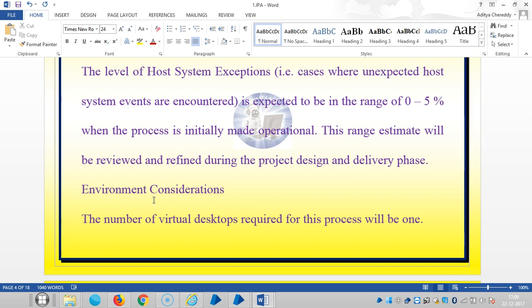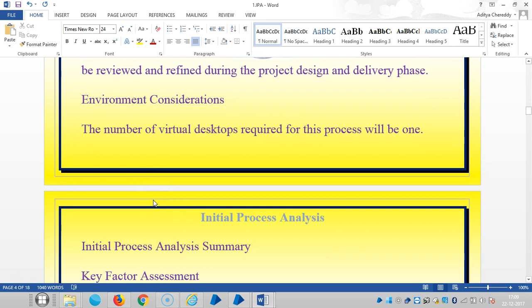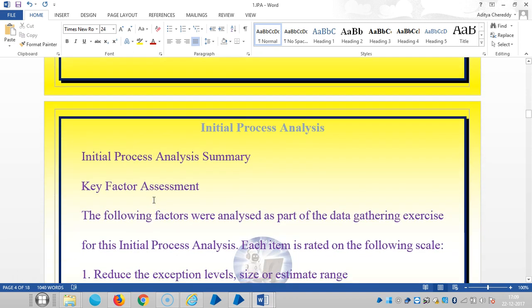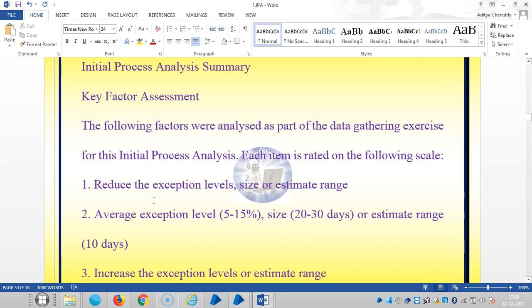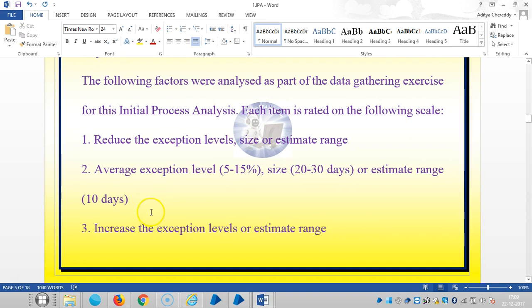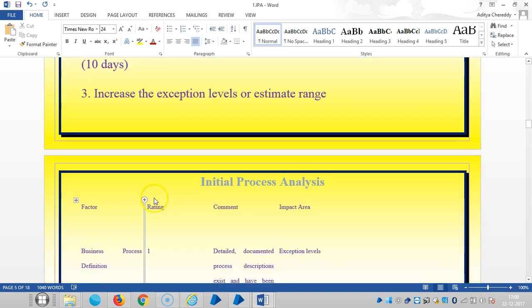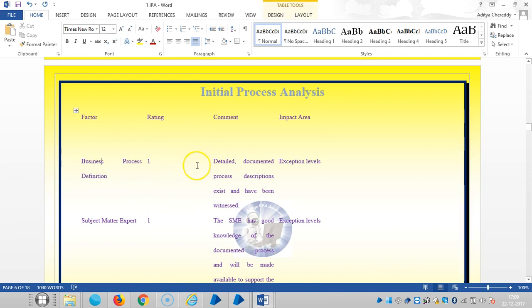So the environment considerations: the number of virtual desktops required for this process will be one. Next, the summary is the key factor assessment. The following factors were analyzed as a part of the data gathering exercise, and for the initial process analysis, each item is rated on the following scale. The average exception levels are 5 to 15%, the size is 20 to 30 days, and the estimate range is 10 days. And the increase in the exception levels, so here if you observe, they're business exceptions,